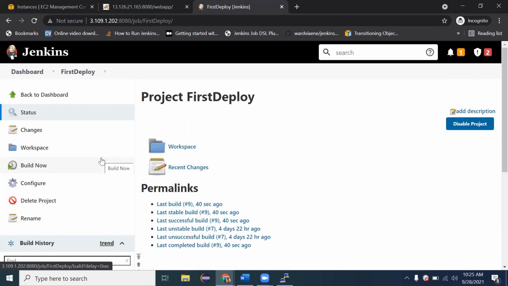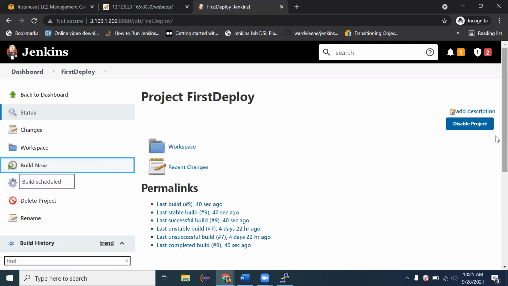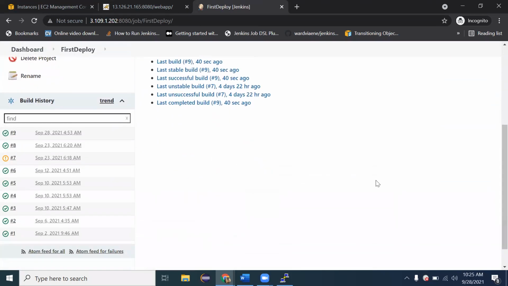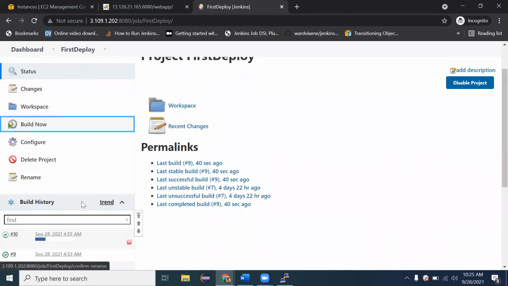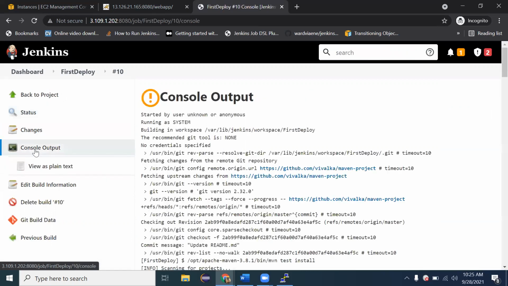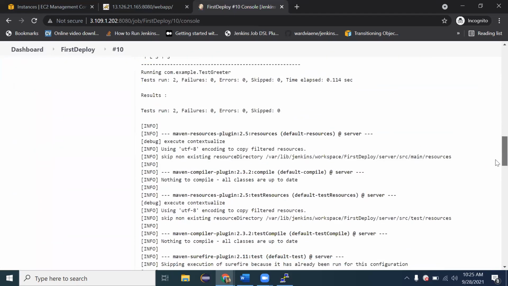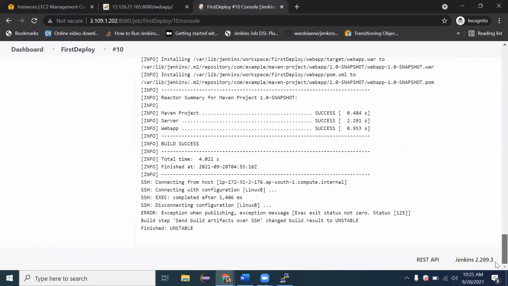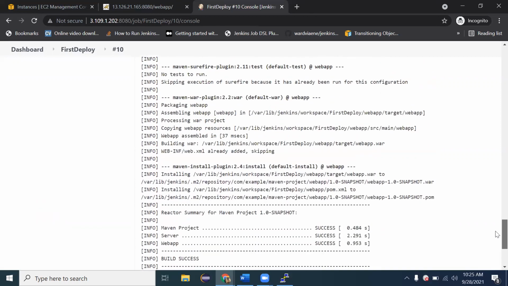But the only disadvantage is there if we run this job a second time. Just run it. Okay. So the build is started. Since the image is already created on that particular machine, it will complain that the image is already there and you need to create a new name for it. So this time the build failed, and if you check the error, it clearly says the build is unstable. And if you check the console error message also,